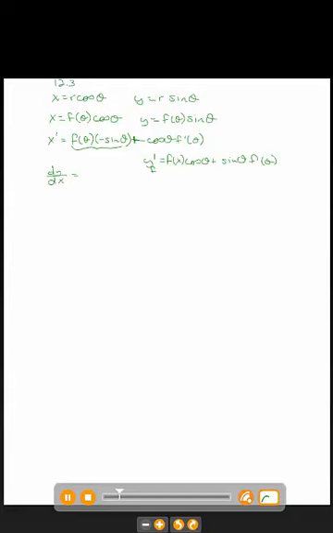So for y prime, we get f prime of theta sine theta plus f of theta cosine theta, over f prime of theta cosine theta minus f of theta sine theta. So that's our rule for taking the derivative,